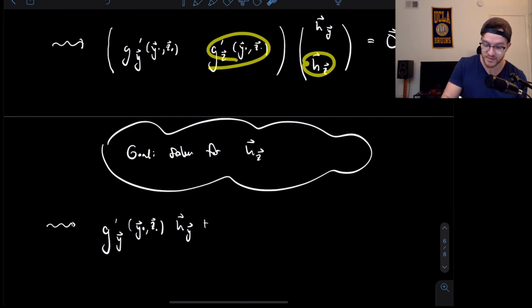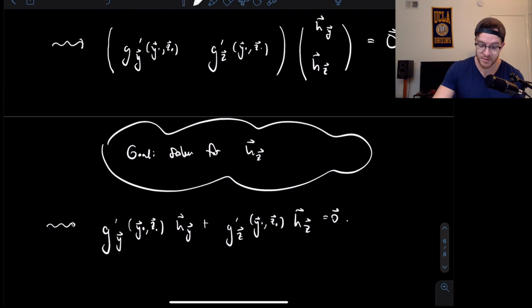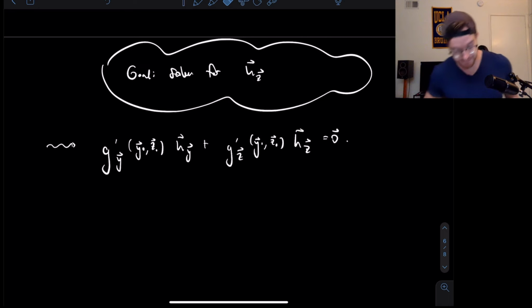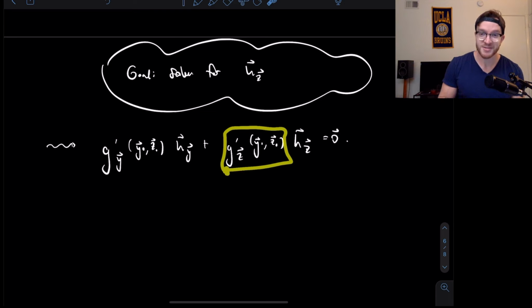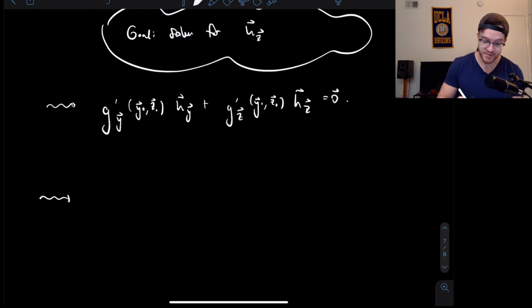Plus this guy times this equals 0. But then we could just do some basic matrix algebra to solve for the linearized z variables. In particular, I'll just move this to the other side, and then again, by assumption, this is an invertible matrix. So I can just multiply through by the inverse to isolate this. So I'll do a bunch of that in one step, but if I do all of that, I can isolate